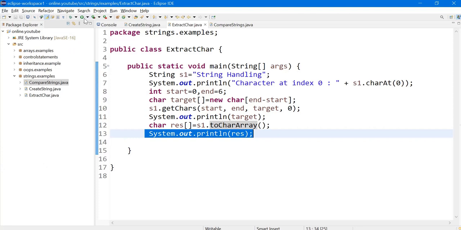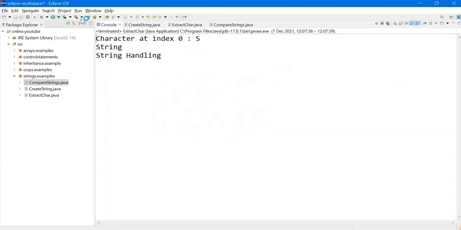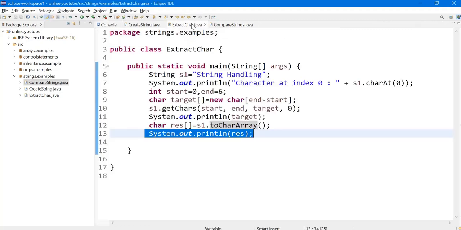Let us execute this and find out the output. Look here. Yes, the character at index 0 is s, and this is what I wanted to extract from the string s1, and this is the character array value. So this is about the extraction.